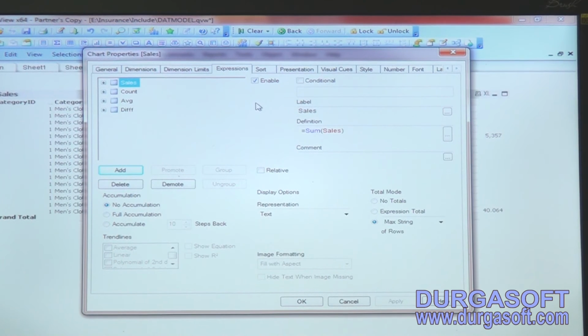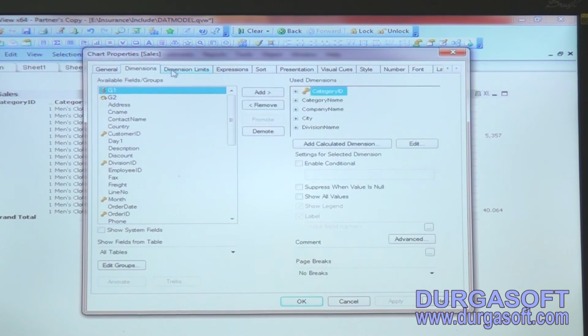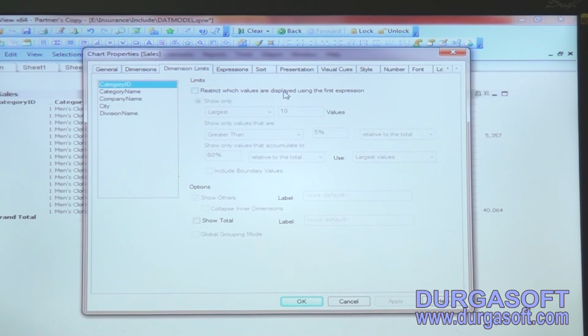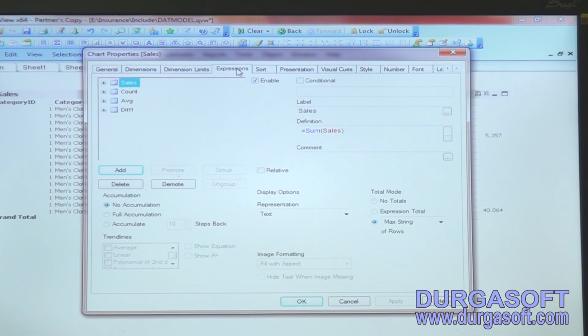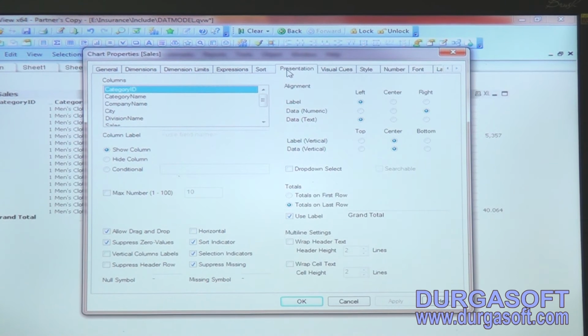So this is the option that you will be using in the straight table. Still we have some other options that we will cover here. Next, we will see the next properties: suppose if you want to restrict on dimension limits, here also you can restrict, and expressions you can add here, sort. Next, another important property for the straight table that you will be seeing here is about